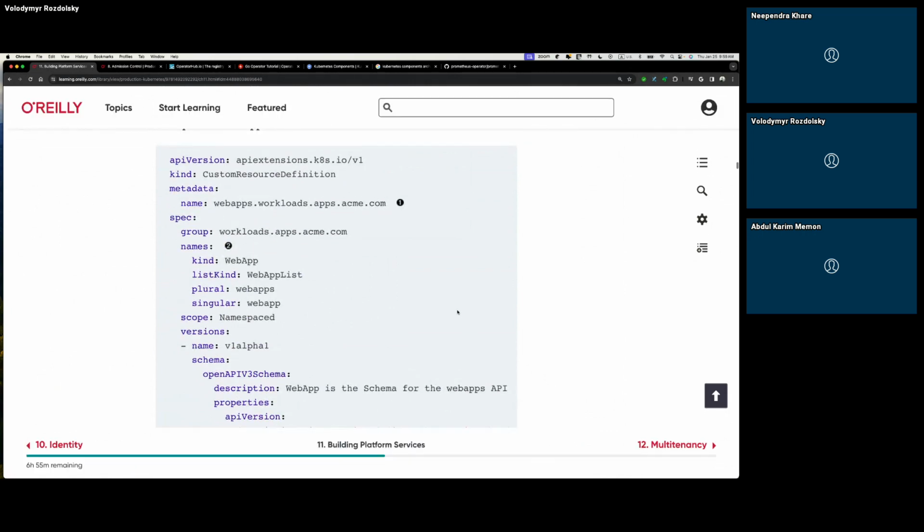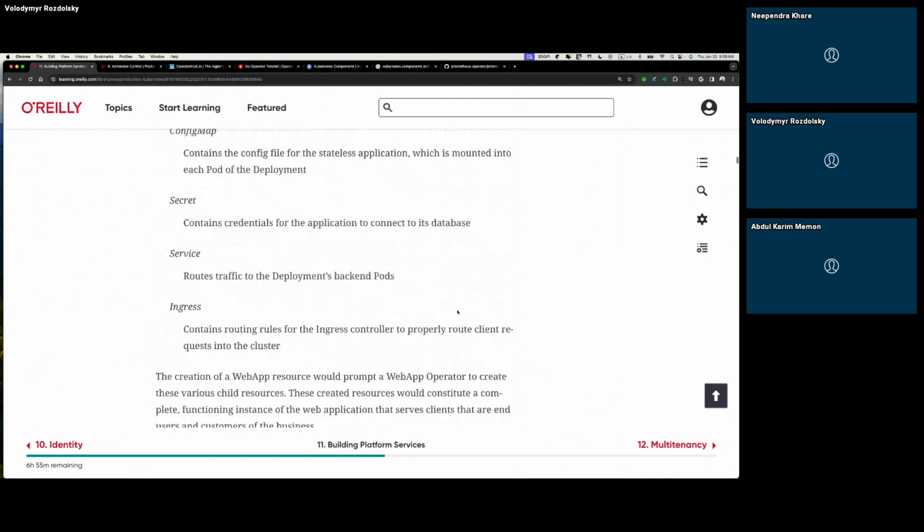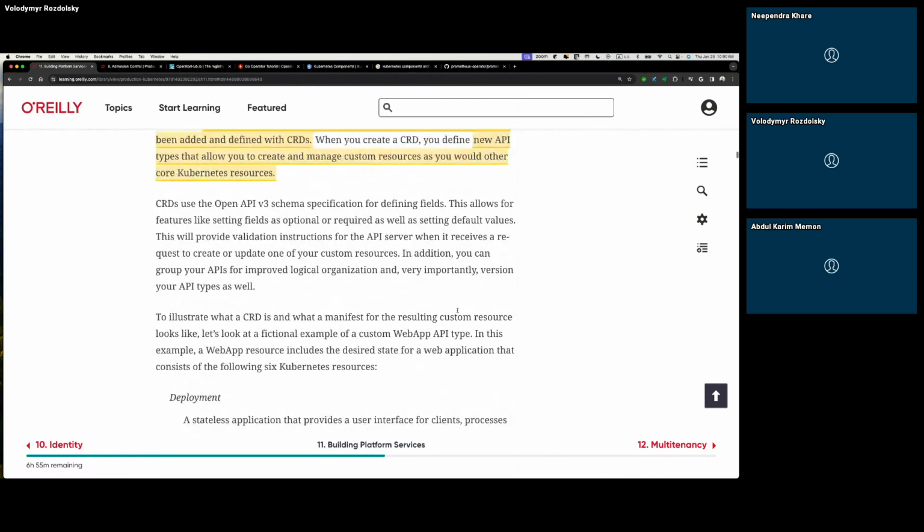So I'll just quickly brief on that maybe. What happens is when you install Kubernetes, you get some basic set of objects like pods, deployment, daemon sets, and so on. But let's say your company wants to have something custom built on top of it. For example, let's say you want to create an object, let's say cars, right?